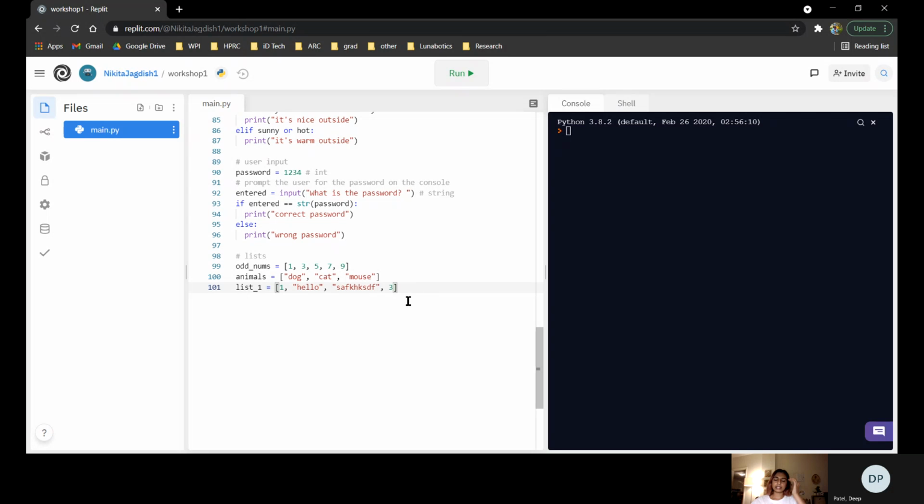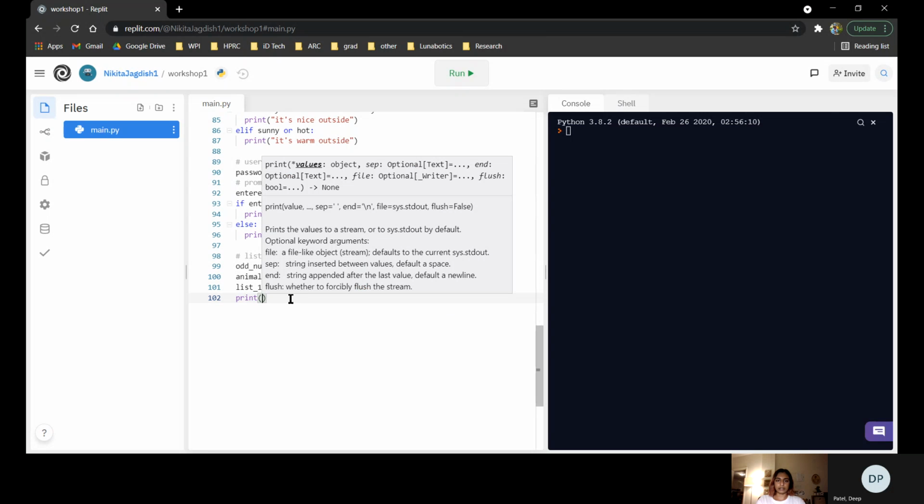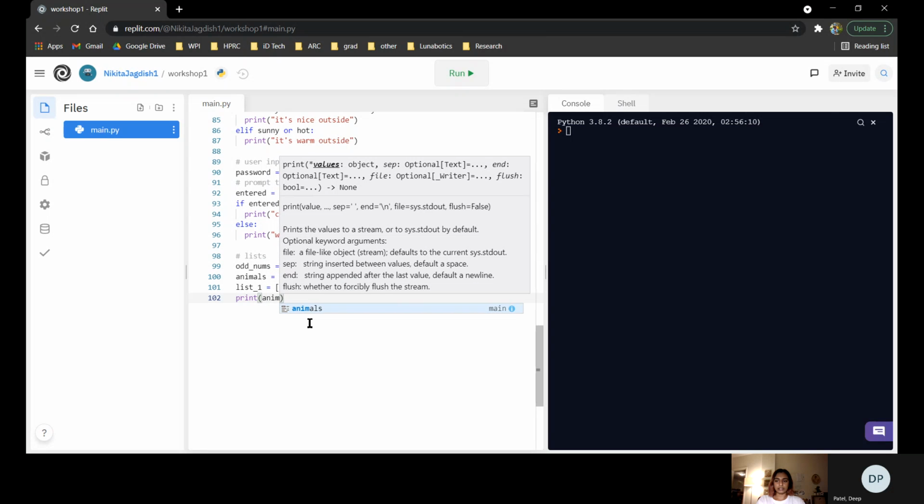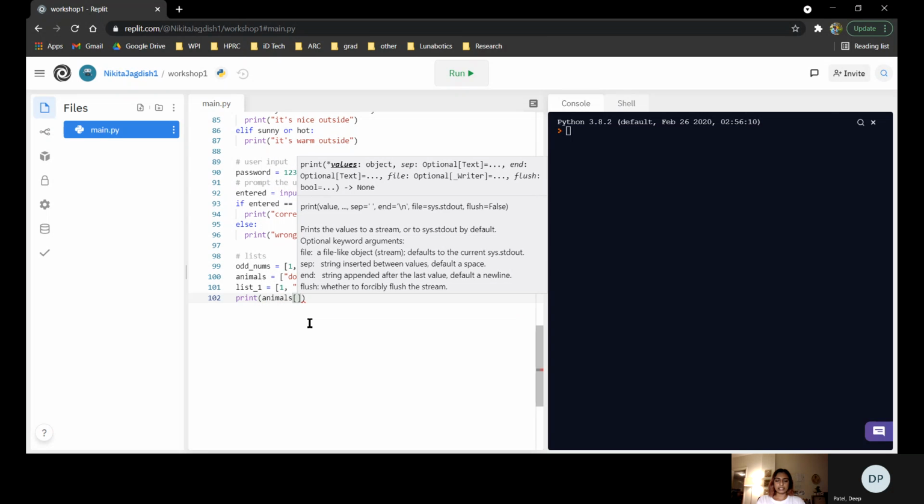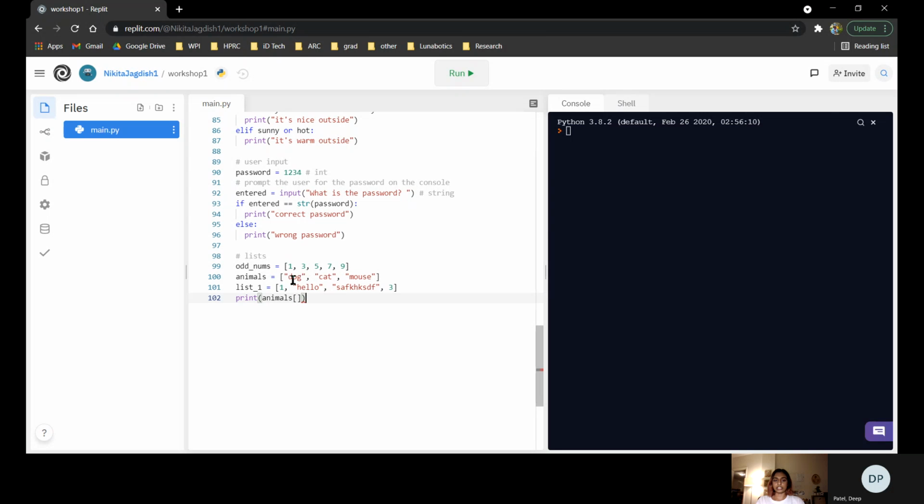Basically, the way that list indexing works is a little bit weird. It's different than MATLAB. If we're trying to get the very first thing in our list, let's say I'm trying to print dog from my animals list. Then I would do my normal print statement, and then the name of your list, and then square brackets, and in here is where you put the position of your item in your list. But instead of 1, it starts at 0. So if I do 0 and I run this, oh, forgot about this,